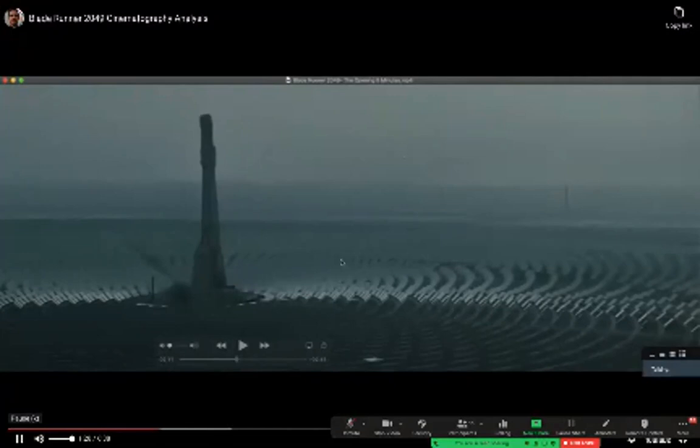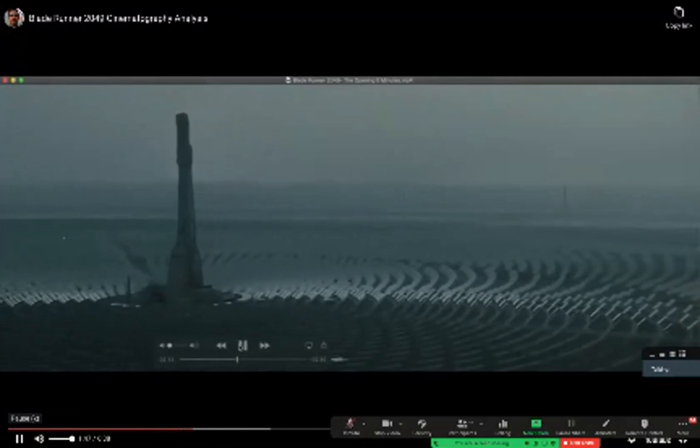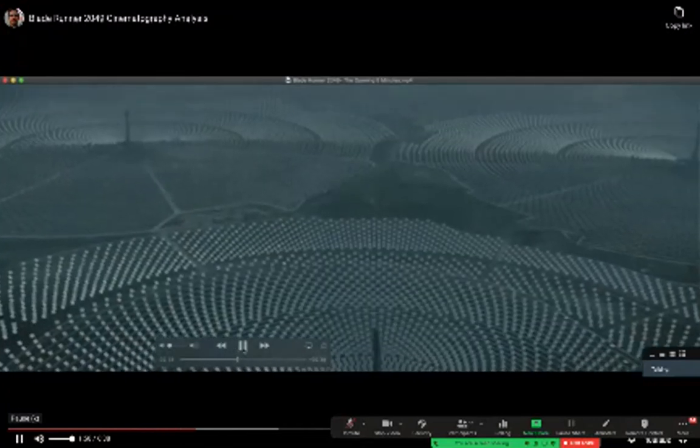Then it shifts to a more traditional view, so you can understand what it was that you looked at if you didn't see it and understand it the first time. That was a little bit more abstract. This shows the tower, the mirrors, some reflection coming off the mirrors, and these are things that exist in real life, but when you see in the background, especially in some of the other shots, you start to see that there's more than just one, that they're stacked next to each other in a vast landscape,